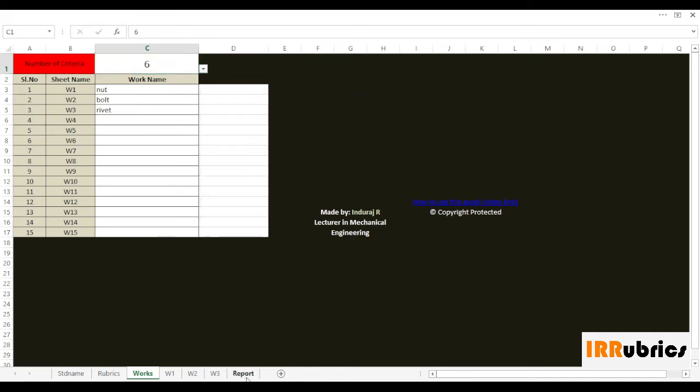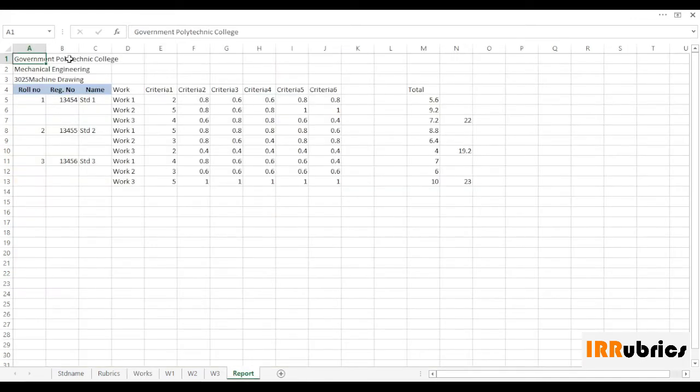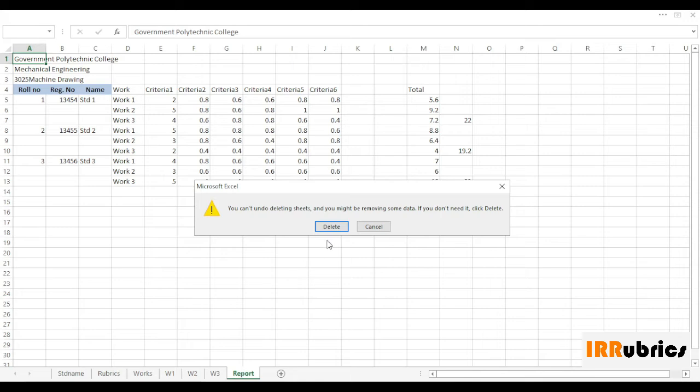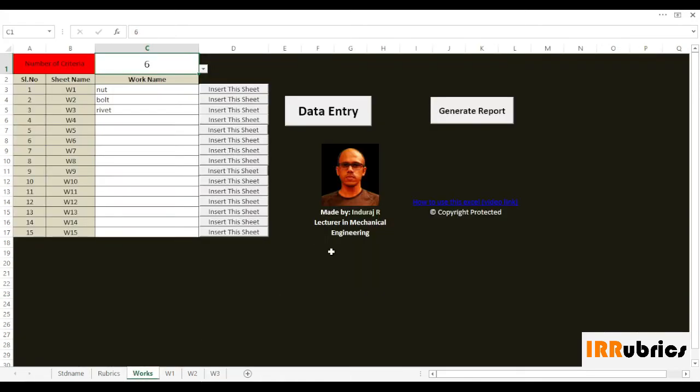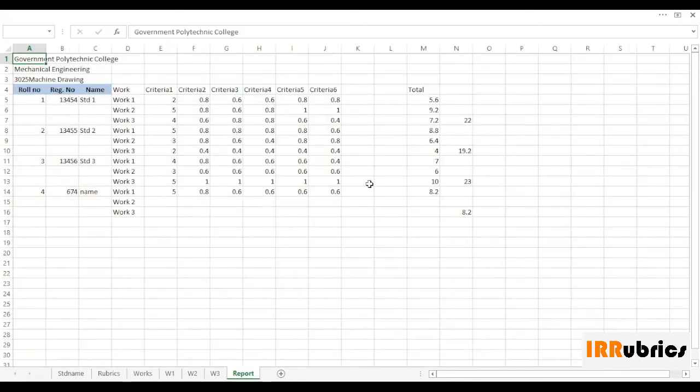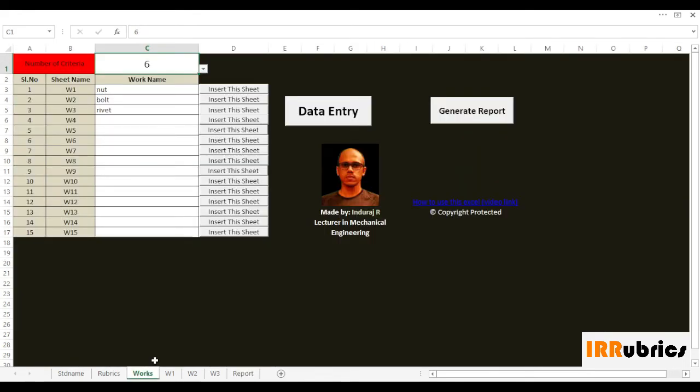So you can see in the report there is a heading, there is a college name, branch name, a subject code and a subject name. So that will not be there if you have forgotten to insert these values. So what you can do is delete this report and make this report once again with these headings there. And also if you have to completely reset the point values for work 1 or work 2 or work 3 that you have already valued,